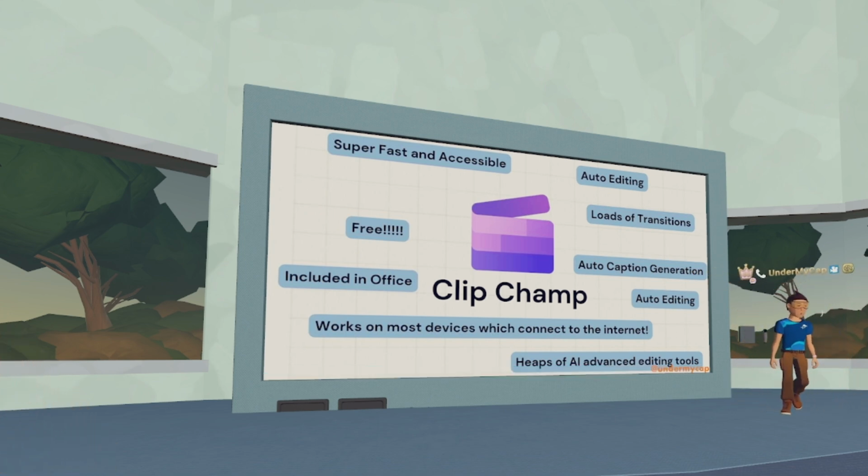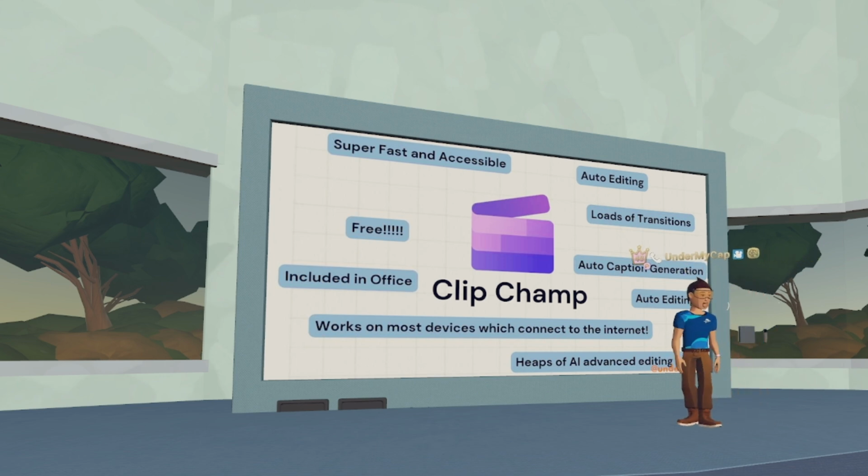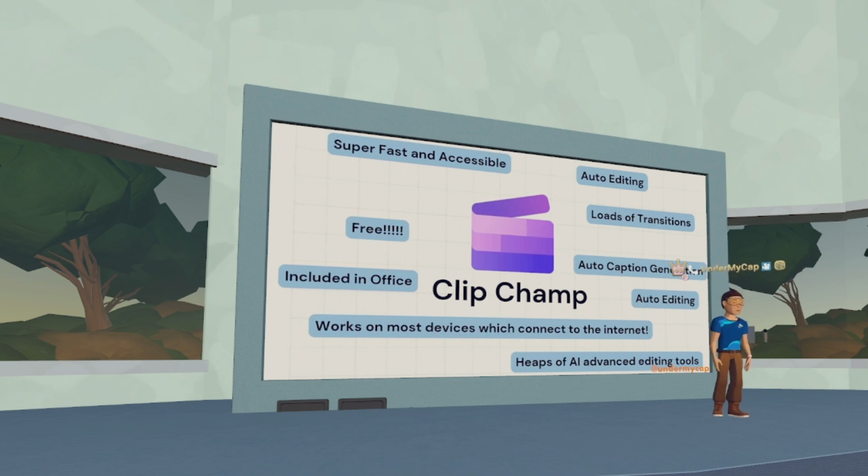They've recently added this in where you can have a massive video. Let's say you record an hour long of content. You can actually get this program to auto cut quiet sections of your video and delete them. So let's say you have a video where you're talking for a bit, you have 5 minutes of silence. I hope you don't have 5 minutes of silence in your video because that would be quite boring. But this program will detect that with AI automatically, cut it out and make your video a little bit more